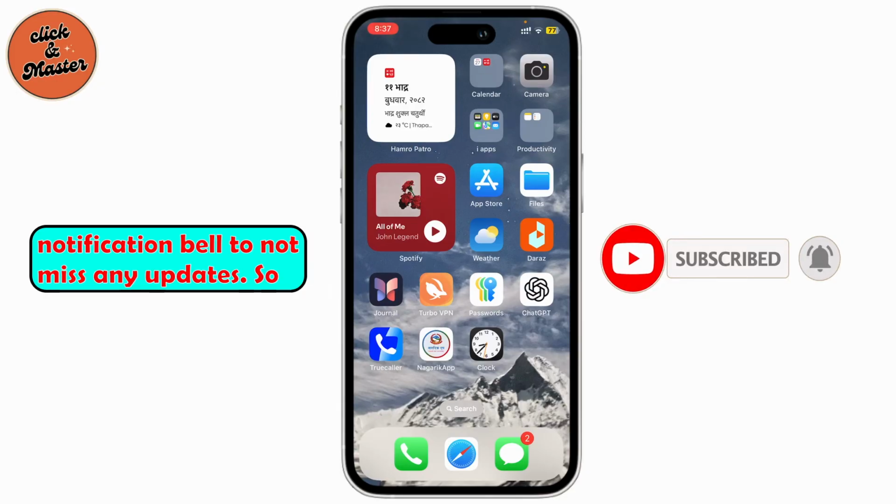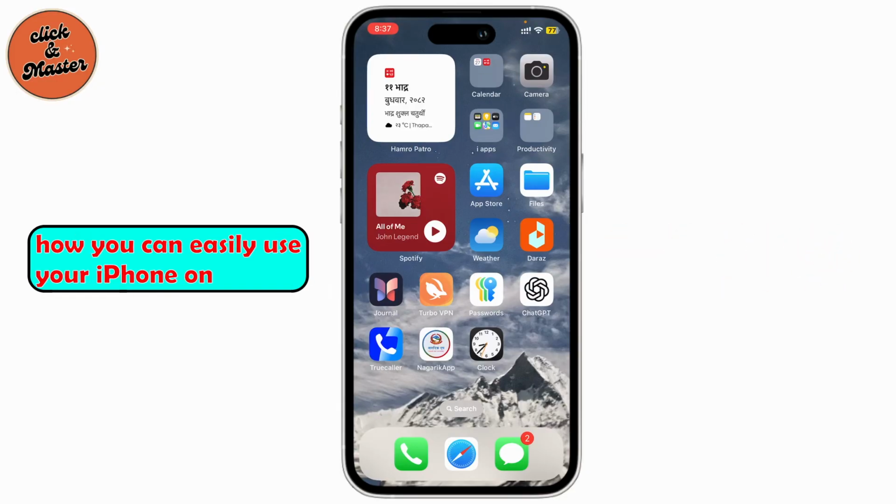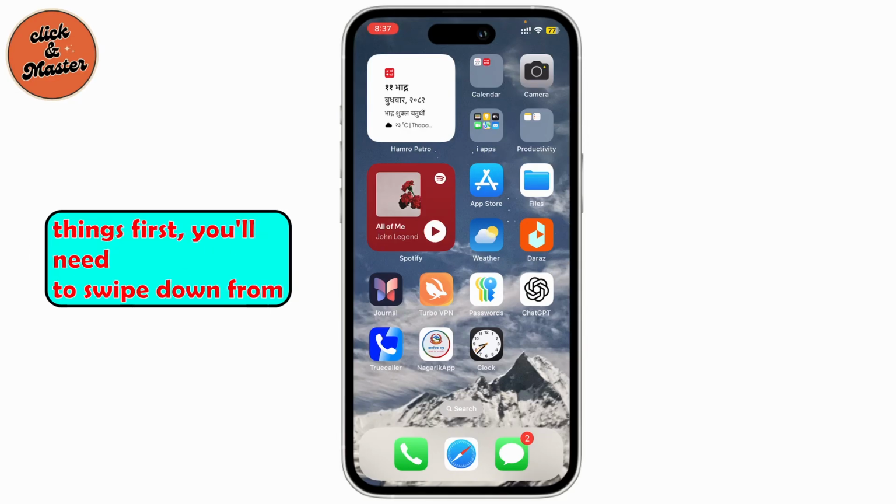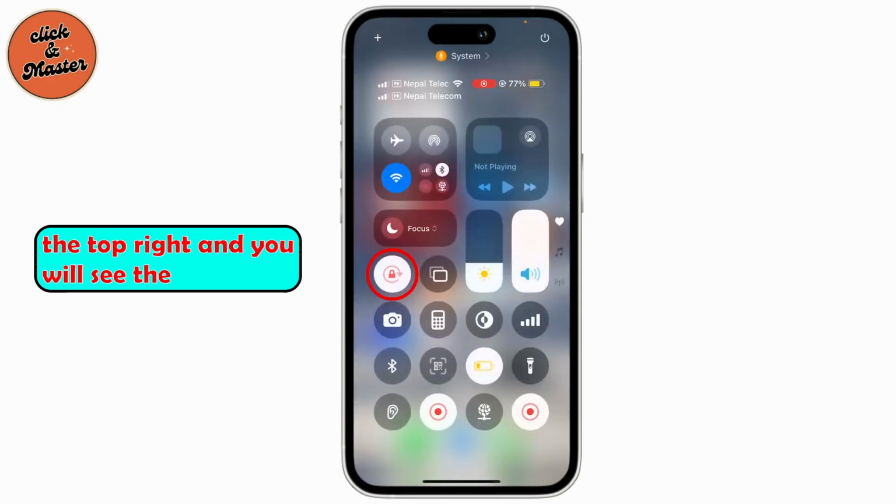So today I'm going to show you how you can easily use your iPhone in landscape mode. Let's dive right in. First things first, you'll need to swipe down from the top right and you will see